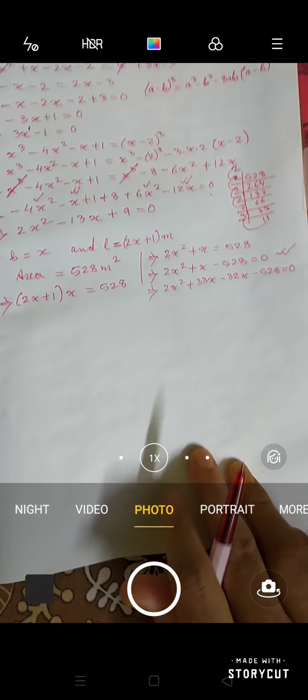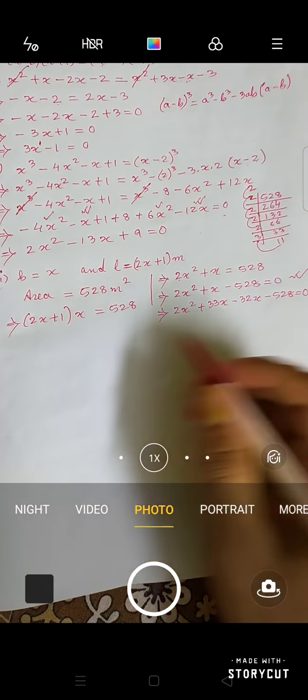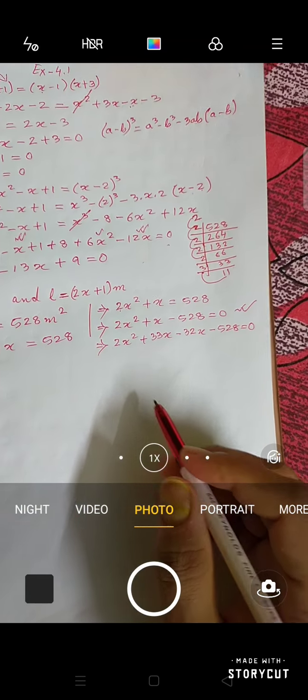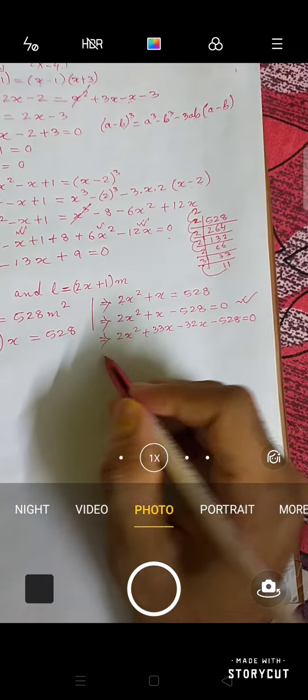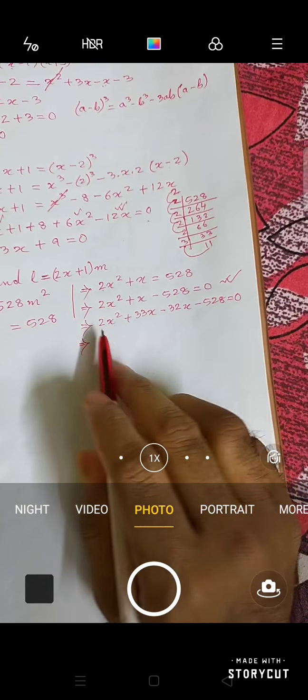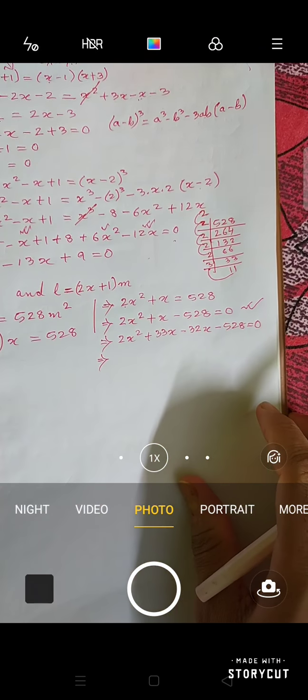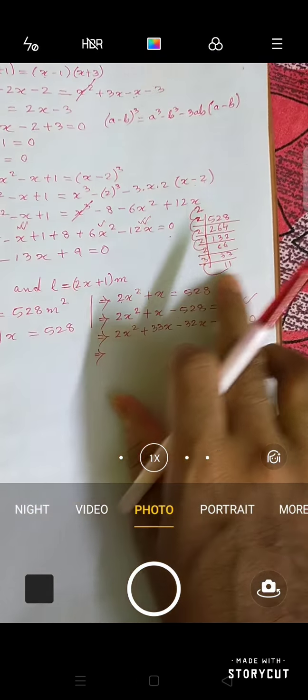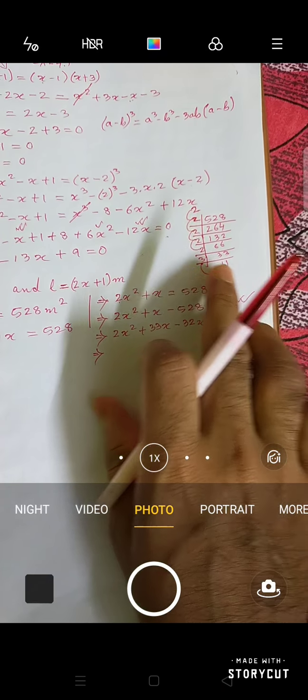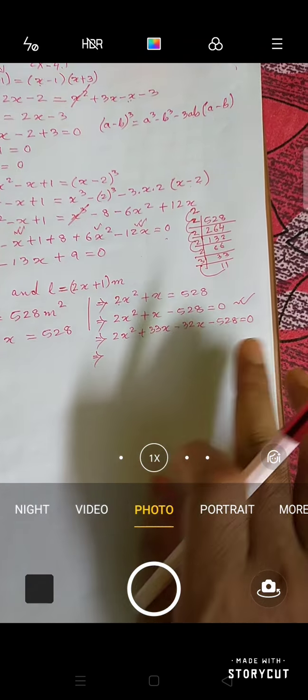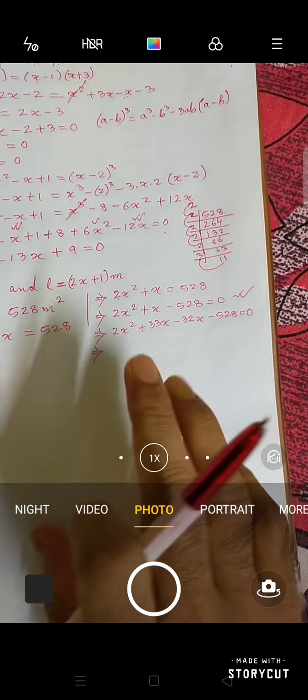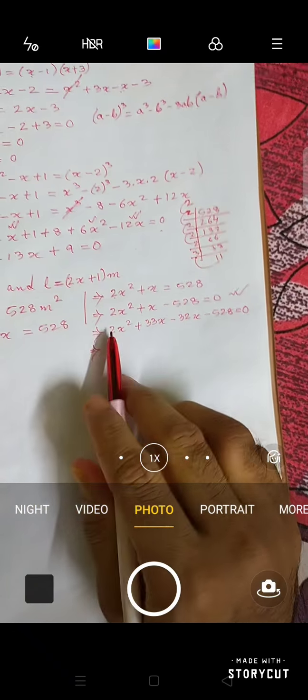Now I am moving further. Have you written this? Now just follow my concept. If you have taken the numbers in a proper way and have not made any mistake, then if you use my method, it will become easy. Now just see what is common here.